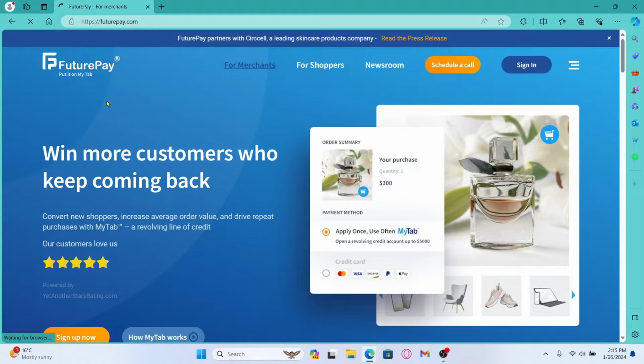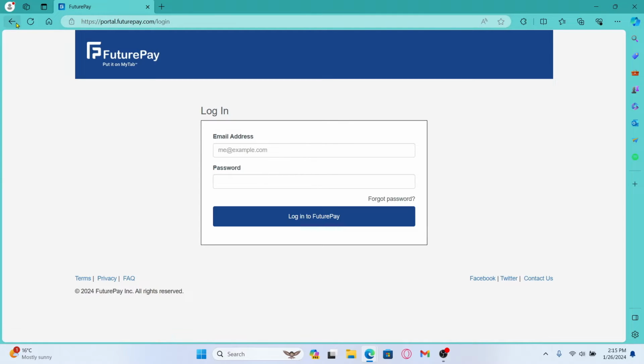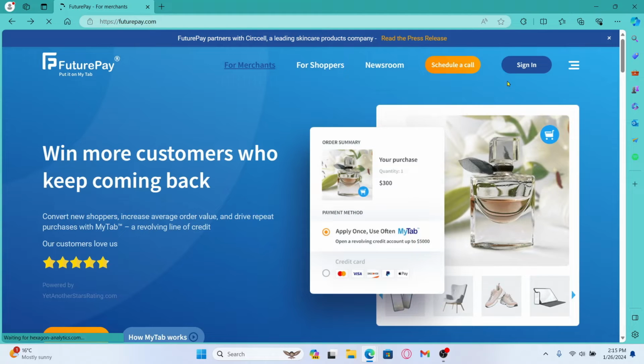Now, once you are inside the FuturePay official website, you can proceed with signing into your account by clicking on the sign in button at the top right corner and then using your credentials. However, you can still install the application without signing in by clicking on the three dots at the top right